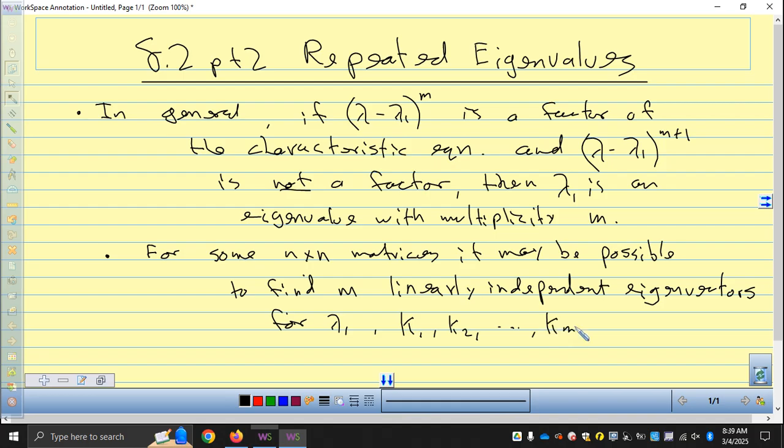So even though we have a repeated eigenvalue, we might be able to find linearly independent eigenvectors for that eigenvalue,